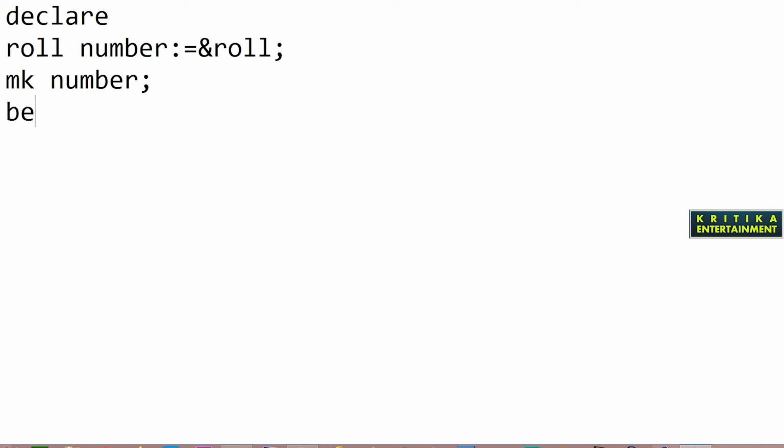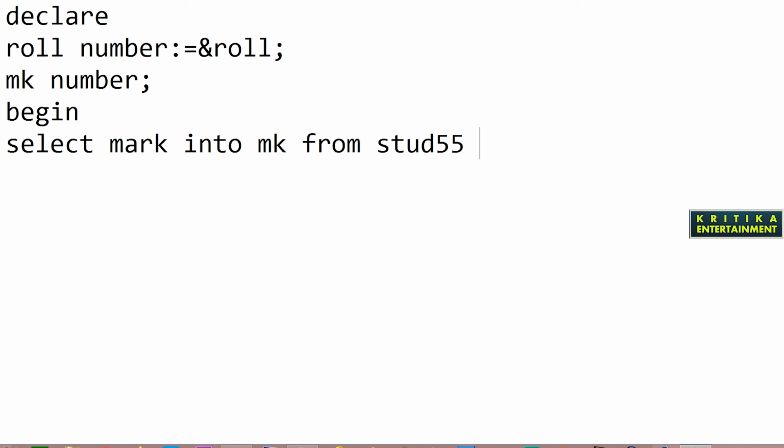Then begin, and now select mark into the mk variable from stored 55 where roll is equal to roll.